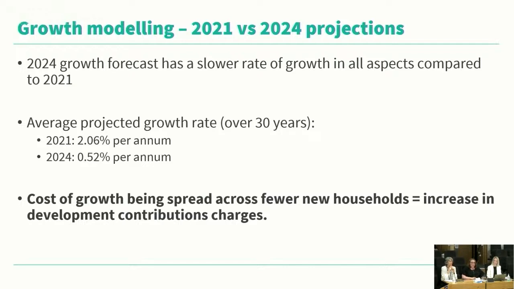So things like our population ages, our household size comes down, which has an impact on the overall number of households in the city. Projected growth does change, and we should expect that it will continue to change, and both the earthquakes and COVID-19 were good examples of how quickly and unexpectedly things can change. As growth has slowed, the cost of growth, which we know is going up, is being spread over fewer households. You've seen that the DC charges have gone up. So growth is one factor, but there's also the others that Alan has just talked about.